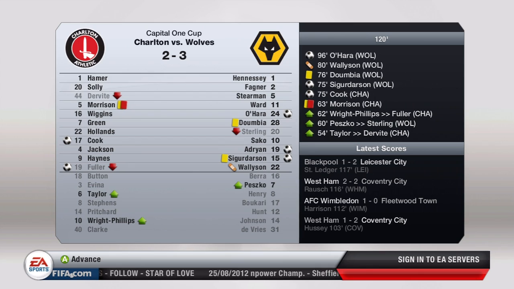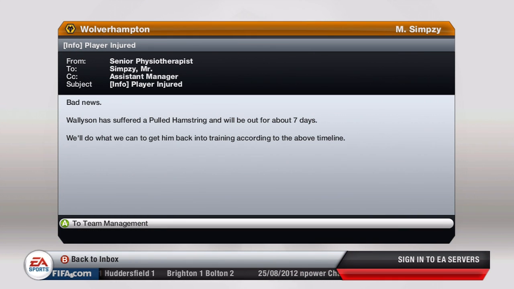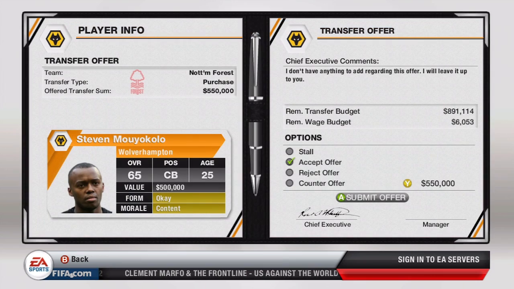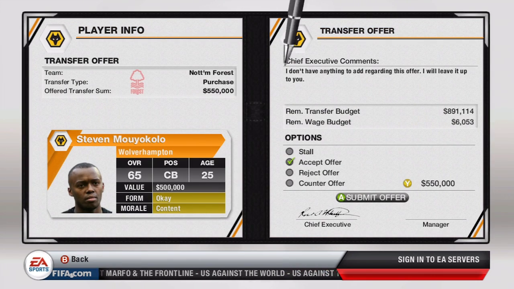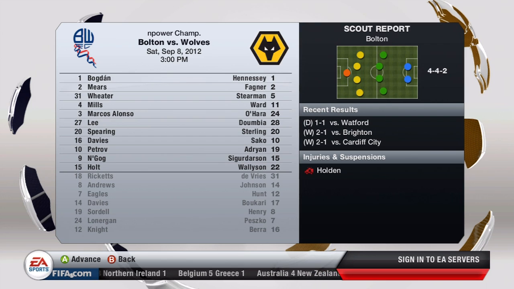We won 3-0 over Charlton Town. Wollaston unfortunately picked up an injury. Hara, Adrian, and Sigurdarsson both picked up goals, and Wollaston pulled a hamstring, and he's out for 7 days. We've got a transfer for, I don't even know, Stephen, I'm not going to pronounce that last name, for Nottingham Forest,